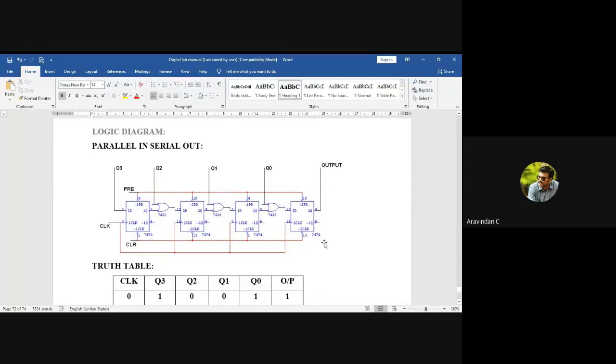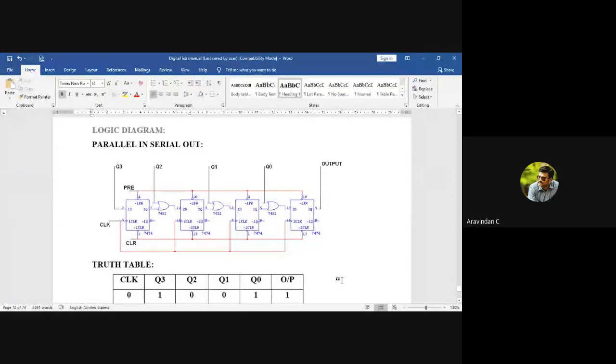You're going to do all these experiments separately: parallel in, parallel output, and serial in, serial output. Or if you are able, you can take it in a single shot of video, because there is only a small modification in every circuit. First do serial in, serial output. Then with a small modification, do serial in, parallel output. Then with an extra component, parallel in, parallel output. If the size of a video extends beyond a certain MB, you may find it difficult to upload in the GCR. If that is the case, then you